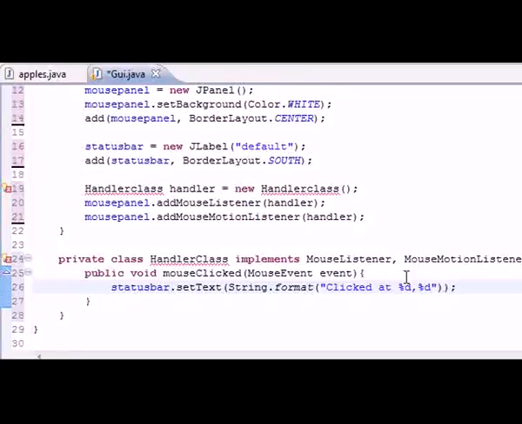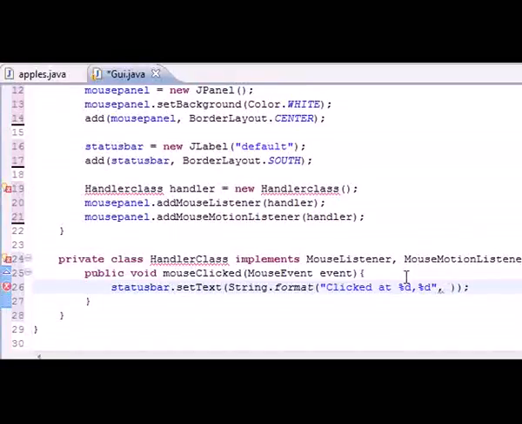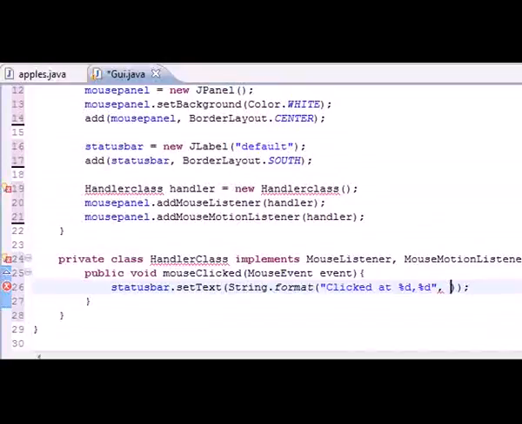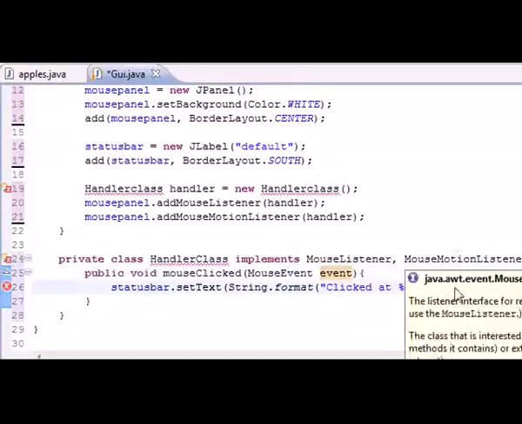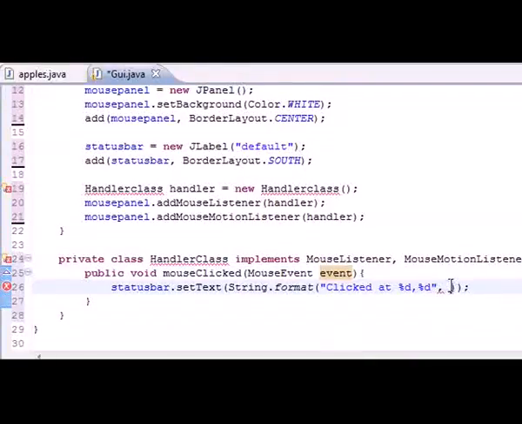So it's going to say clicked at 2 coordinates, and Java also has 2 coordinates based on this event right here. Why do you have this event? Because it registers the event. Like when you click, it decides where it clicked, and you can get to the locations by calling event.getX,